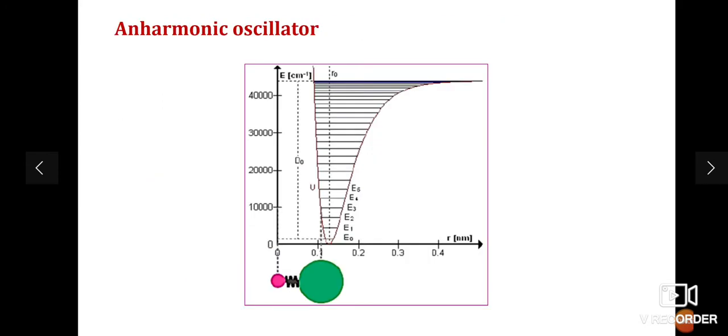and this is the energy level graph for the anharmonic oscillator. See guys, real molecules do not obey exactly the laws of simple harmonic motion. That is, the molecule will not undergo only stretching and compression repeatedly in a real situation. If you apply force, if you give more energy at a particular point, it will dissociate. If the bond between the atoms is stretched to a particular point, the bond will break,